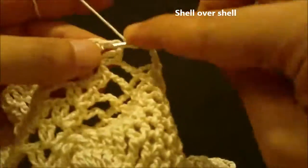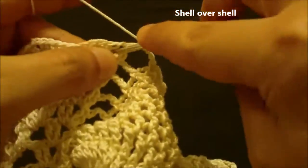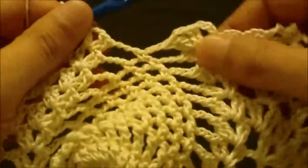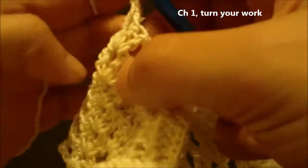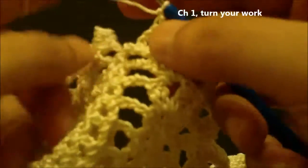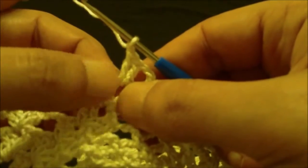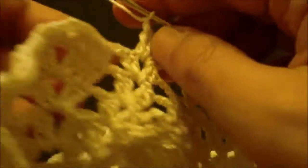like this. 1, 2 double crochets, and then chain 2, and then another 2 double crochets like this. Okay, like this. Now we will chain 1, and then we will turn our work like this. Now here is the right side, so we will not do a loop here until we finish from the pattern on top of the pineapple. So when we turn,